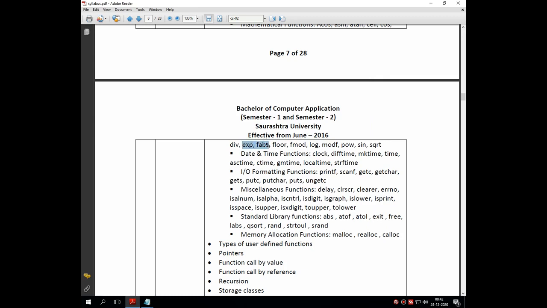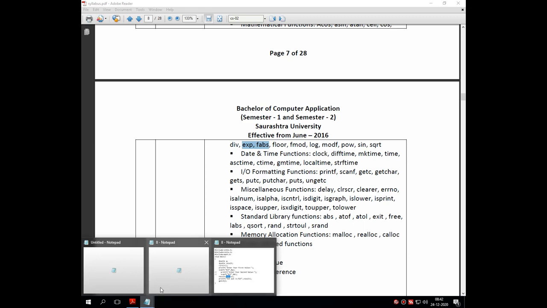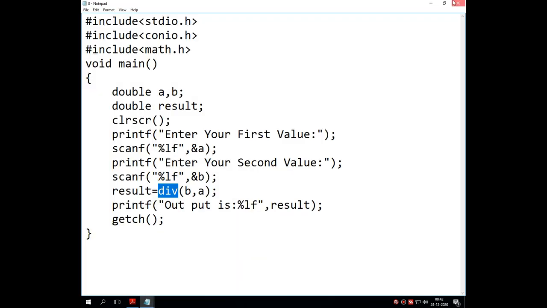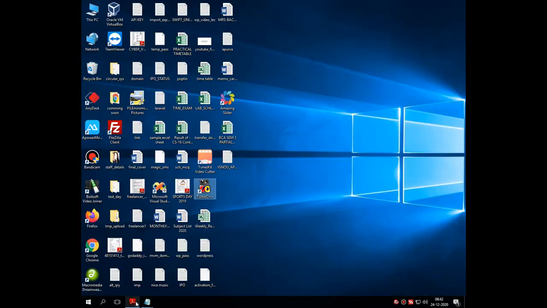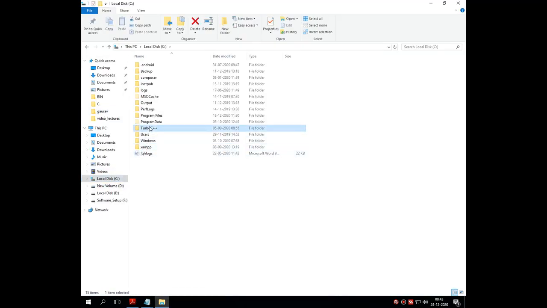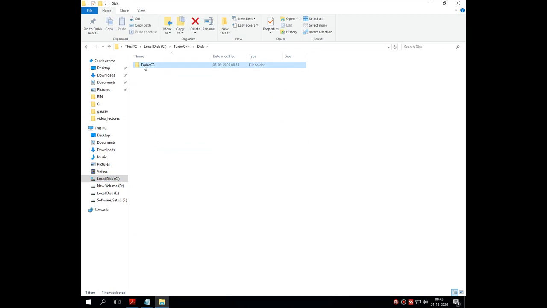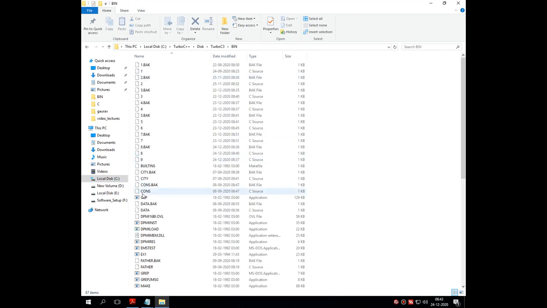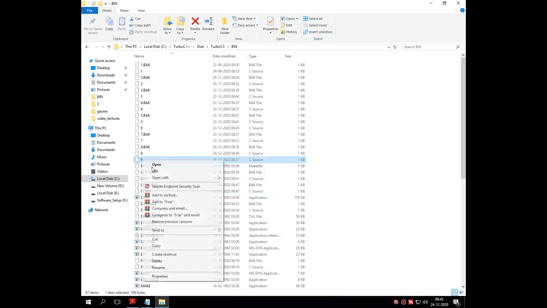The next two functions that we need to discuss are exponential as well as fabs. So let's demonstrate fabs. I have already written the program for this particular function. Let me open that code, that is 9.c.